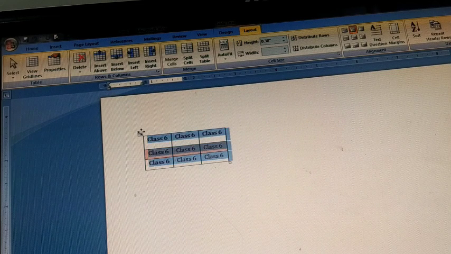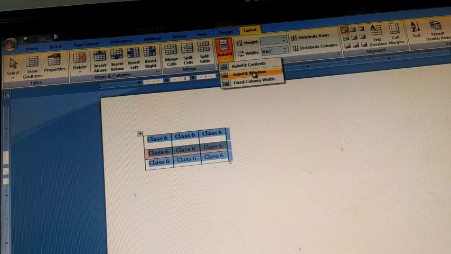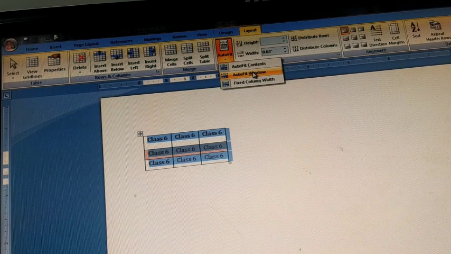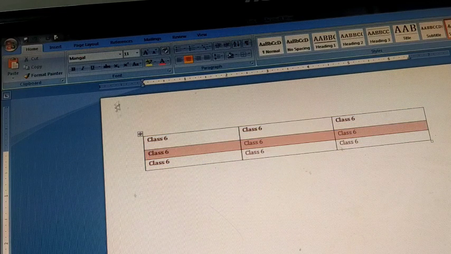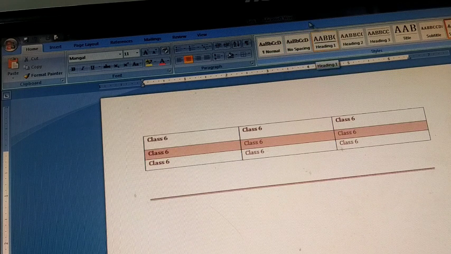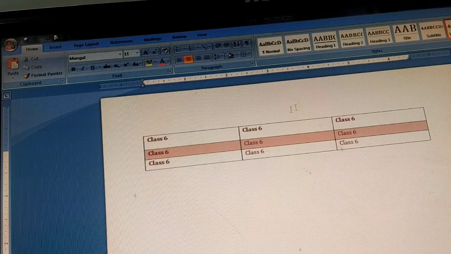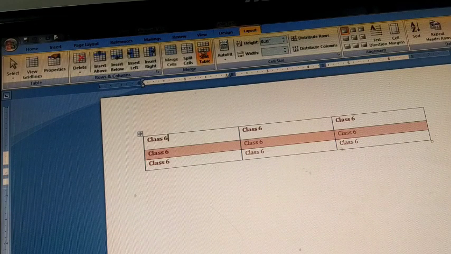Same way, if I click on auto fit window, it will adjust as per the margin set in the window or the MS Word page. You can see the size of the table is set as per the MS Word page. When I say auto fit to fixed column width, it is adjusting the text in this column and fixing the size of the column. Fixed column width is going to fix the column width, and then text will be remaining in that cell. You can write till here only. The size of the column will be fixed.